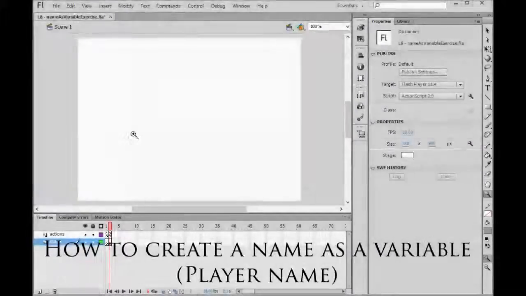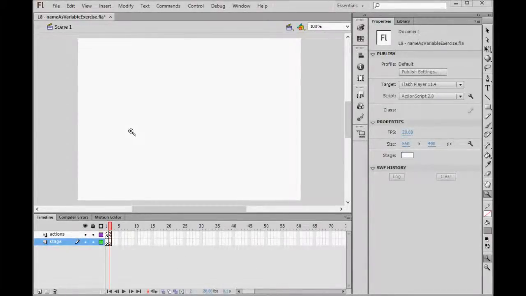This lesson is going to teach you how to create a name as a variable in Flash. Now what that means is that you'll be able to create a name which you can type in at the start of maybe a quiz or something, and then at the end it'll display that name for you. Okay,